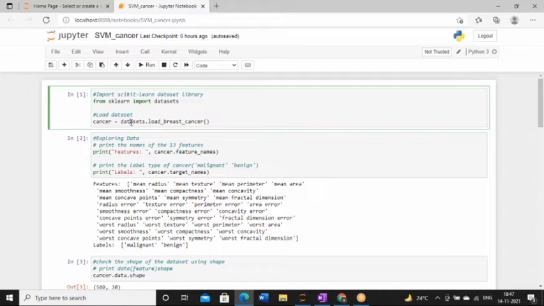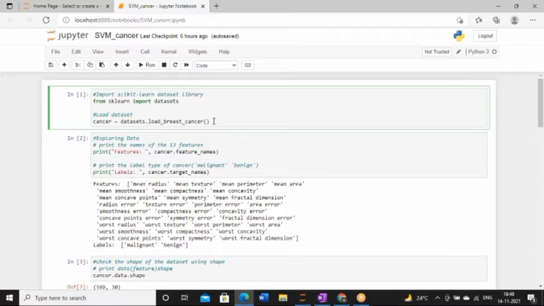But alternatively, you can fetch this cancer data set from the UCI repository, because in the UCI repository you will get a variety of cancer data sets. You can explore each and every data set, and while fetching it, you have to see whether this data set can be used for classification or not. Because whenever you open a data set, UCI clearly mentions what task you can perform on it. If that task is classification, then you can use it, right?